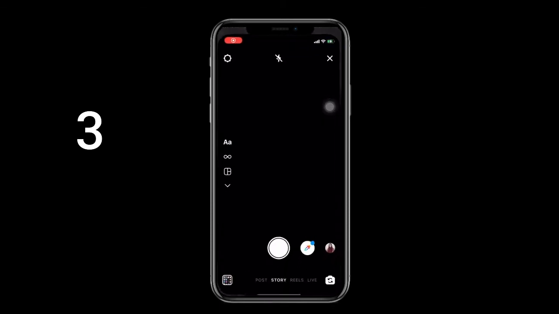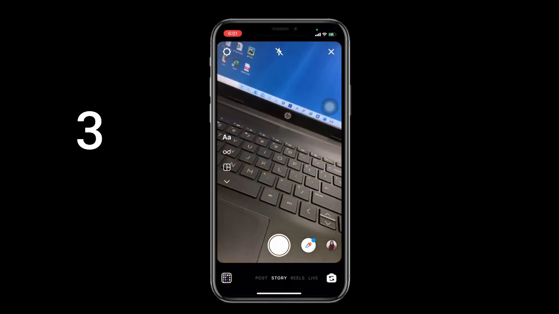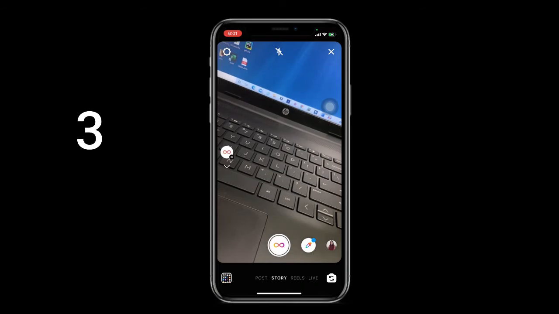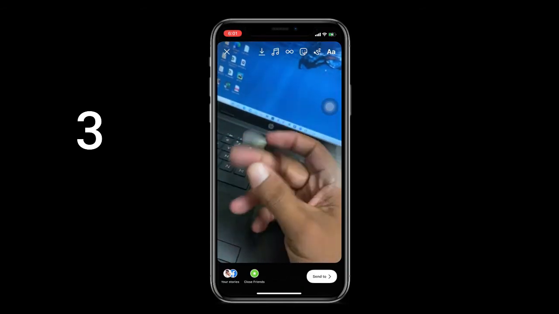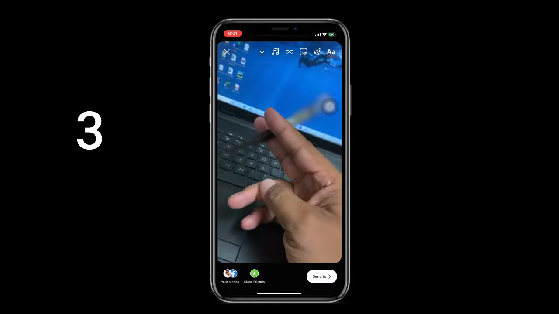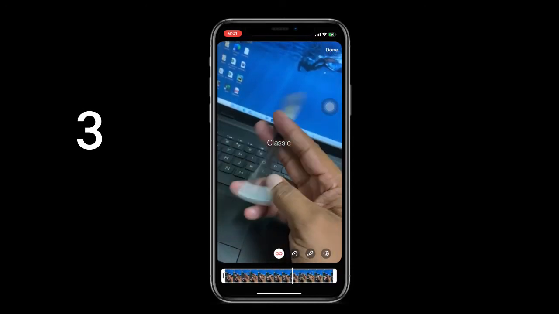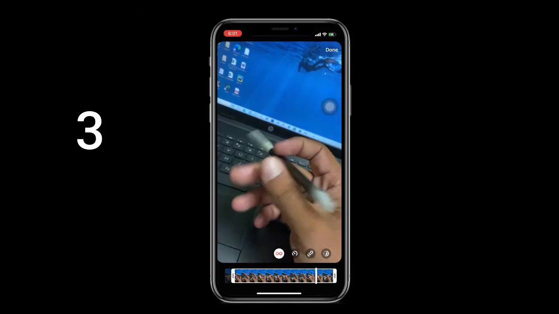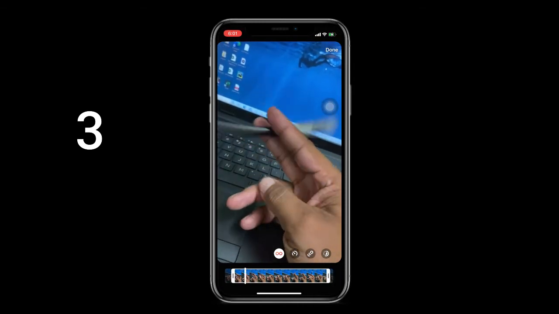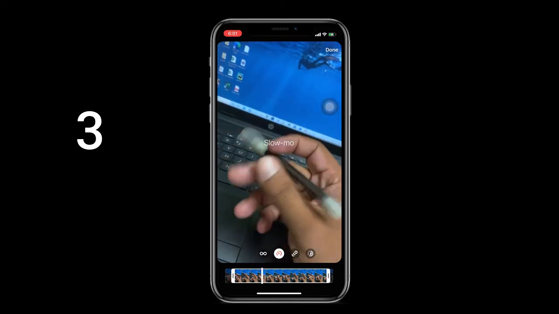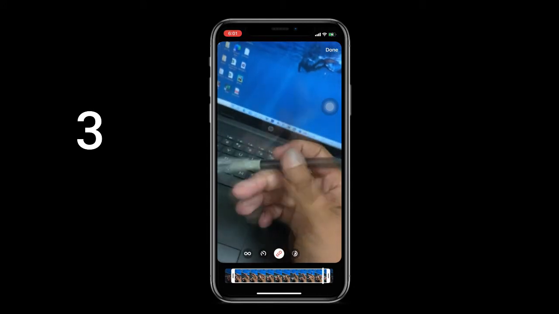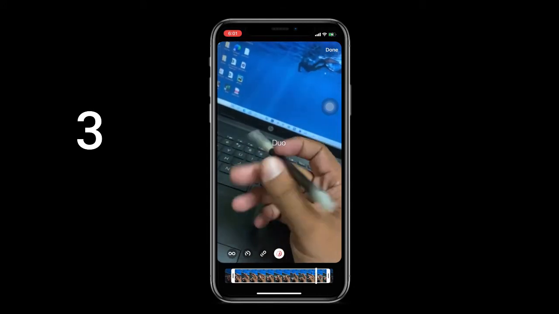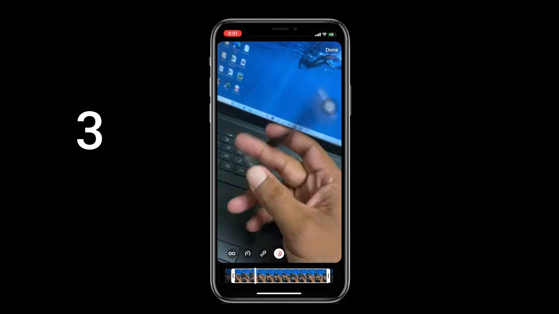Click on Instagram story and fire up the camera. Here select boomerang. Take a short video clip and now click on top boomerang logo. Here you can trim the video from start and end point. You can also slow down the video, and this is my favorite echo effect, and this is an effect in which you can see a glitch effect. By this you can edit boomerang video in Instagram.